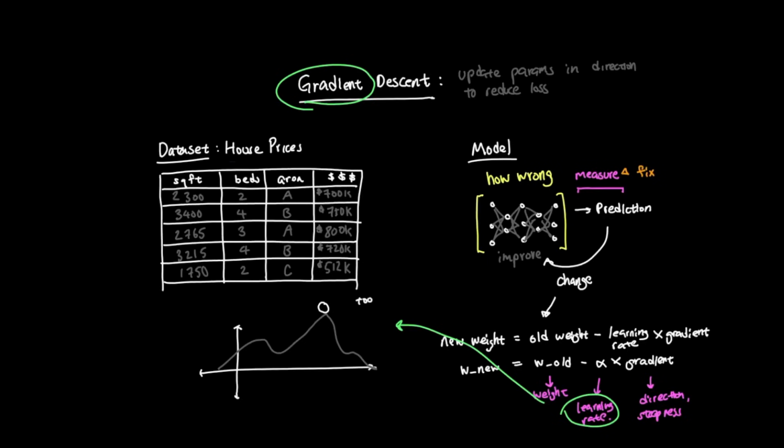If the learning rate is too small, the model may improve, but training can be painfully slow. It is taking only tiny steps down the hill. If the learning rate is too large, the model might overshoot. Instead of moving smoothly towards a lower loss, it can jump back and forth and fail to settle on a good place. So training is not just about knowing the right direction, it's also about taking the right size step.